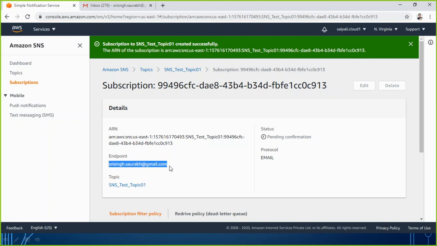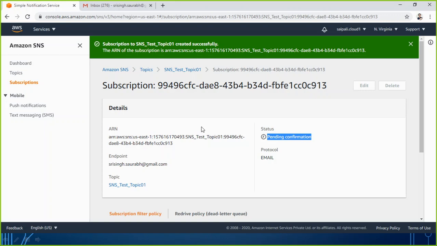That's my email address. But I can't receive the email on this email ID yet. Just to stop any spam, there is one more step required, that is pending confirmation. Until I confirm that yes, I want to receive the notification, it will not be able to send the notification to my email address.